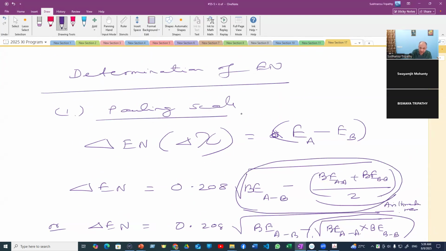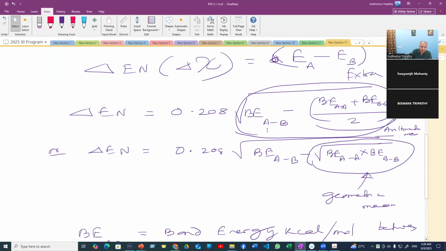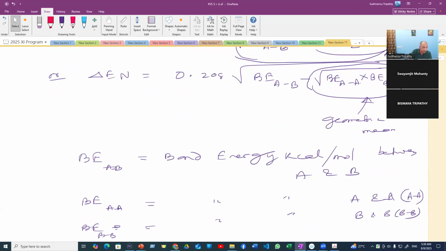Why is there a difference? Why is the actual AB bond energy greater than the average between the two, AA and BB? It is because of the polar nature, because the electronegativities are not the same, because of the ionic nature. So he could find a relationship by hit and trial method, and that is called the empirical relationship. And we will find a problem. You use,